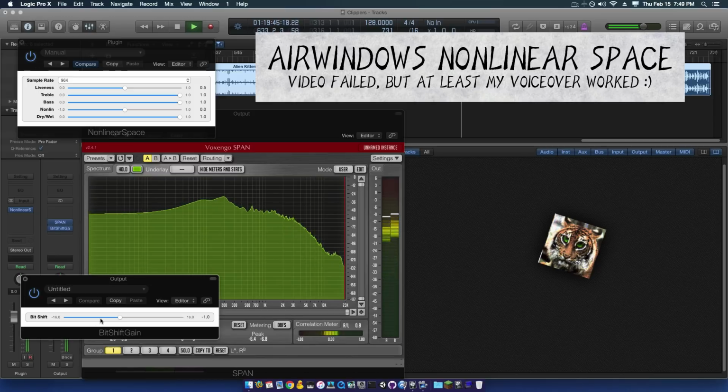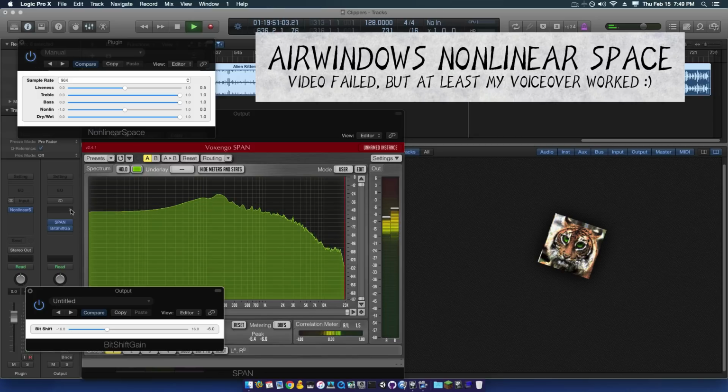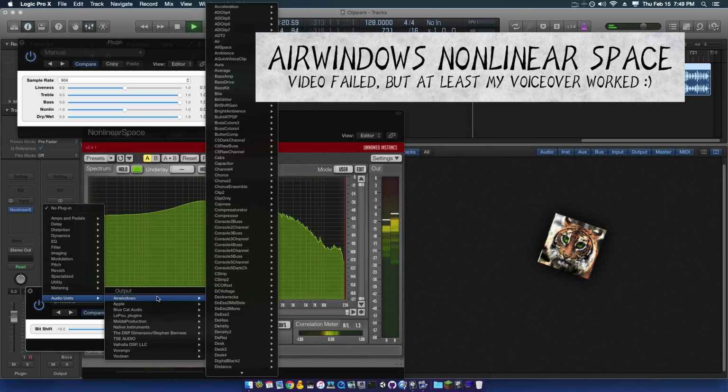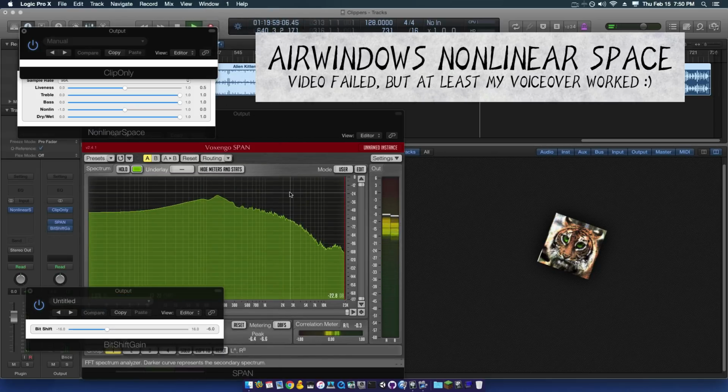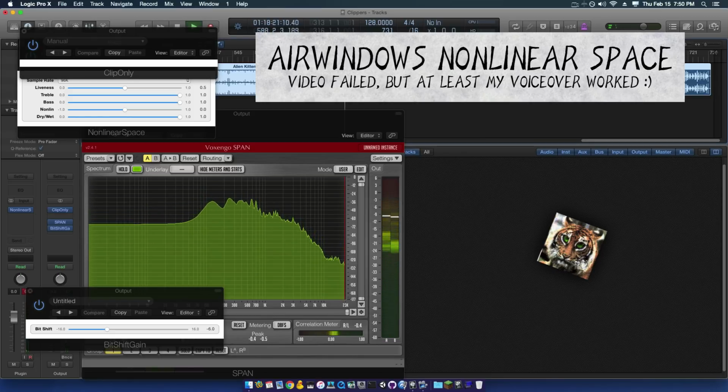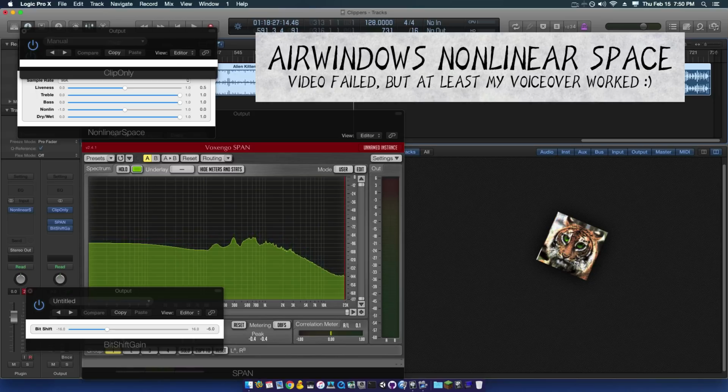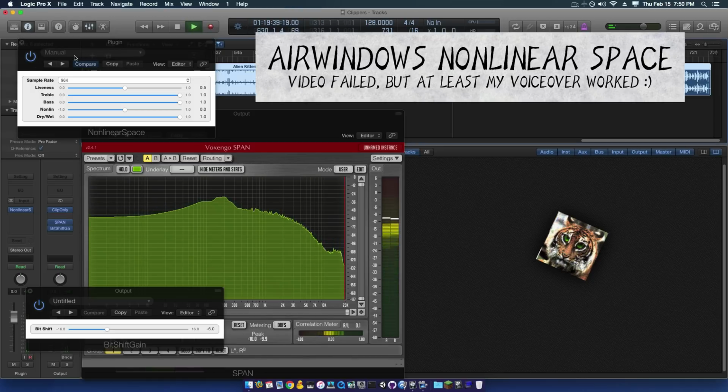Tell you what, I'm going to fire up Bit Shift Gain and bring it in here. And I'm going to put a Clip Only, which also is free. If you follow me, you know that you can have these and they're just fine. And with this, I can clip the crap out of this. And it's not hurting your ears because this Bit Shift Gain is after the clip. But with this here, to keep us safe,